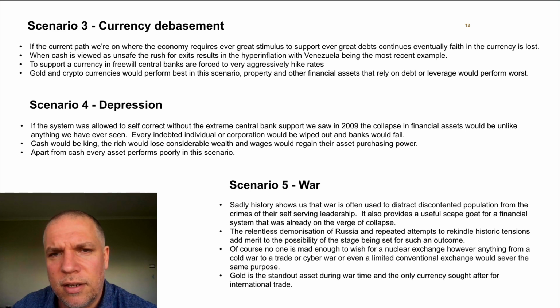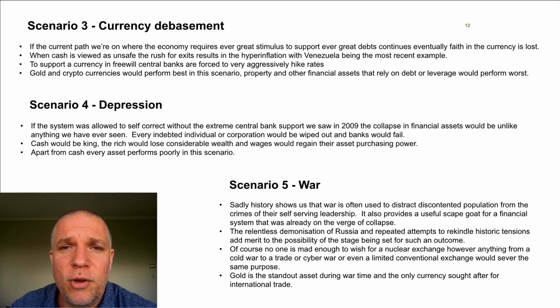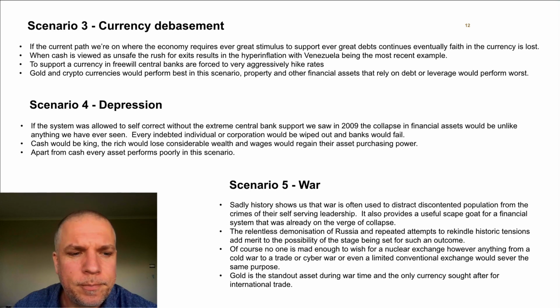I don't know. Obviously, we hope that war never happens. And look, if it does happen, or if the market just believes it's going to happen for a while, gold is going to be the standout asset. It's the only thing that really does exceptionally well during wartime. In the Second World War, international trade was only done in gold. Gold was the only thing anyone would accept. There's no point taking currencies from nations that may not be there, or whose currency might be worthless. So gold by far is the asset of choice in a war scenario.